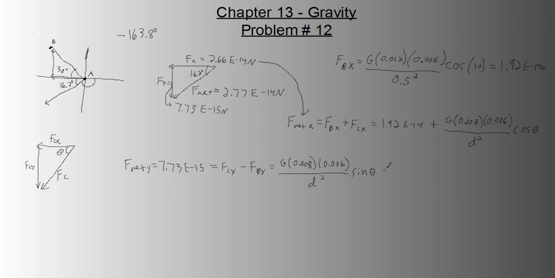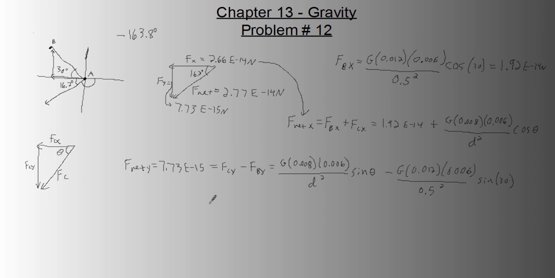Look at that. Minus G times 0.012 times 0.006 over 0.5 squared. Basically the same as this, except sine 30. Alright, so from here, bunch of crazy algebra, and we're at 9.5 minutes, so I'm going to skip all